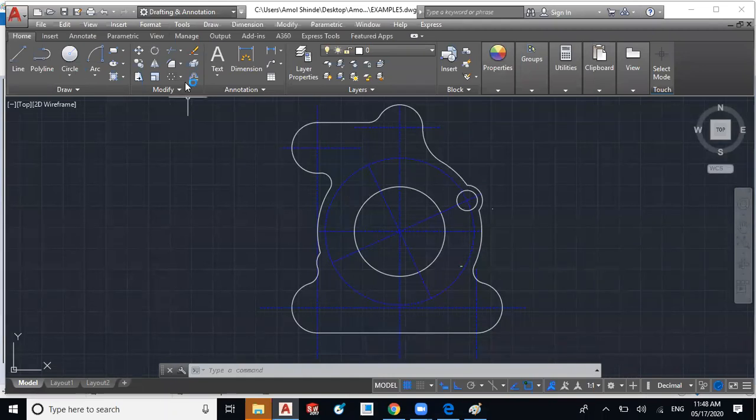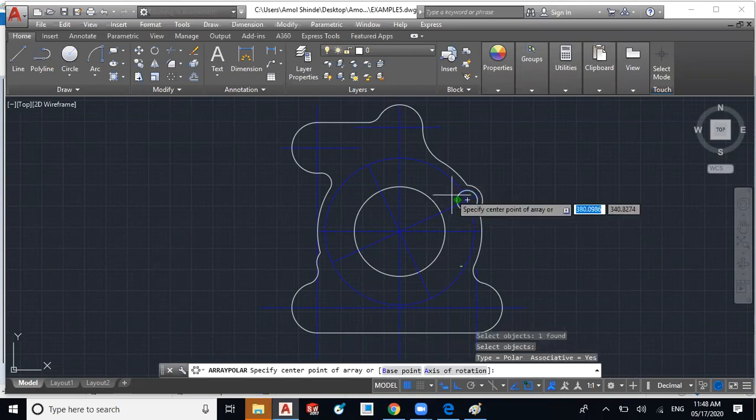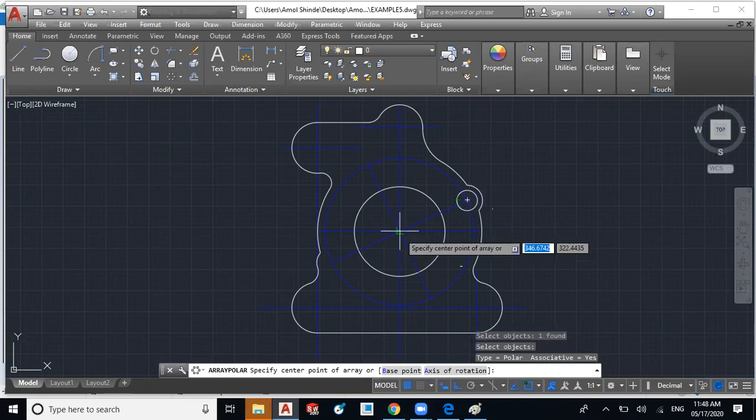and now we have to use the polar array. We are having a parent object, so select the command polar array and select this parent object, which we have to make at different instances. So I have selected it. Press enter or right click, and then we have to select the center point along which we have to make that array.